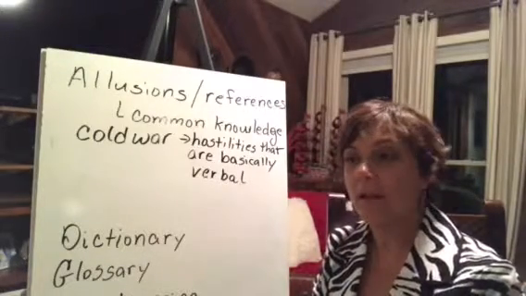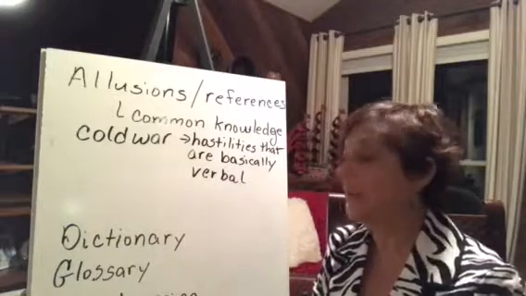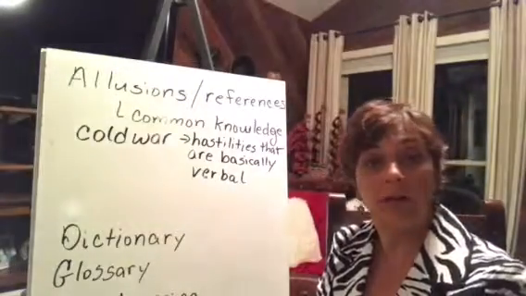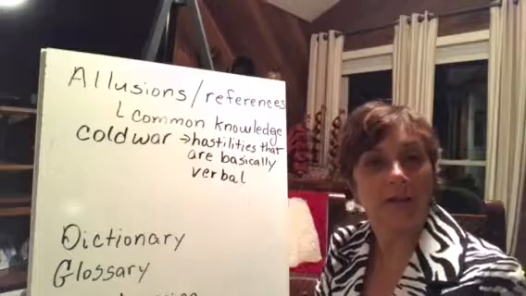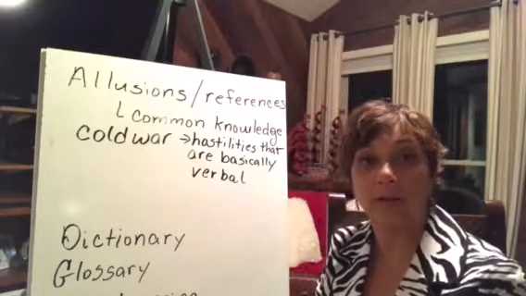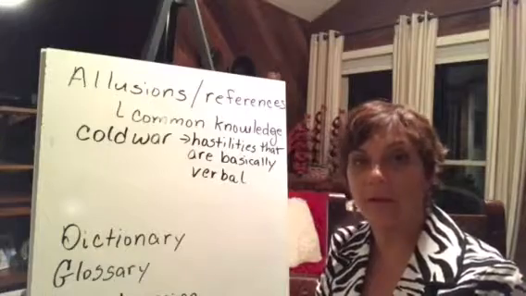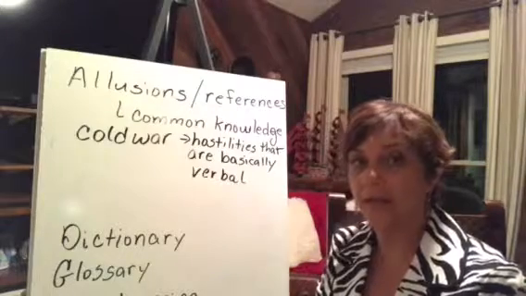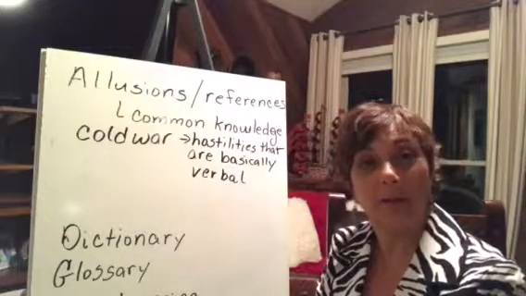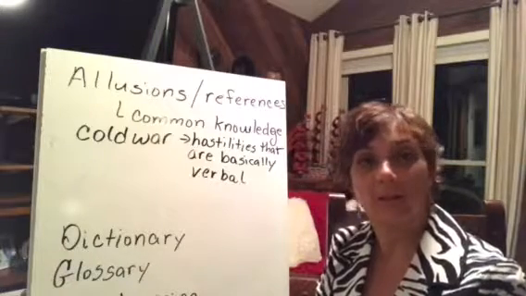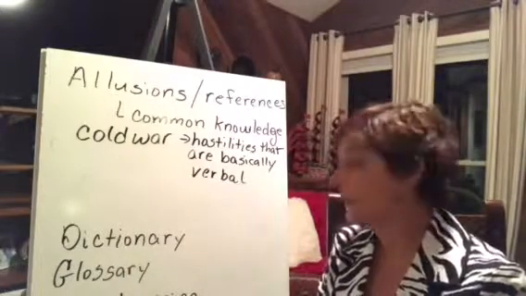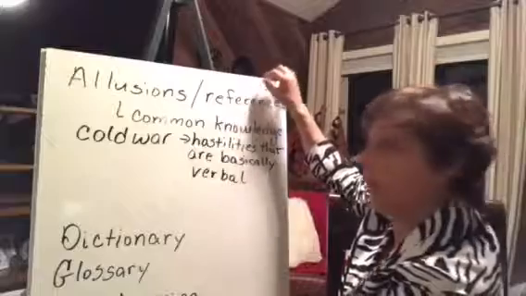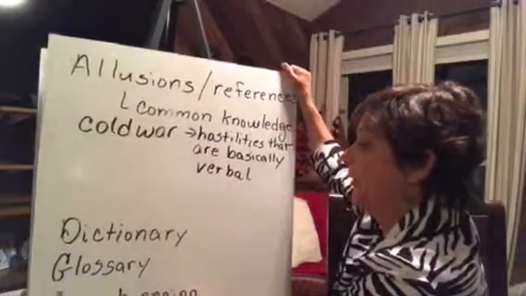Most of you have cell phones, laptops, iPads. Many times you can just Google the word or search the word and see what the meaning is. But if there are too many words, it's going to break down your short-term memory, and you're going to lose meaning in the reading because you're going to be too busy looking up words. So you're going to want to try to skip over them and try to get the meaning in context. And if you don't figure out what they mean after a few sentences or a few scenarios presented in the text, then you might go back, as a last resort, to the dictionaries or the search engines. But speaking of dictionaries,